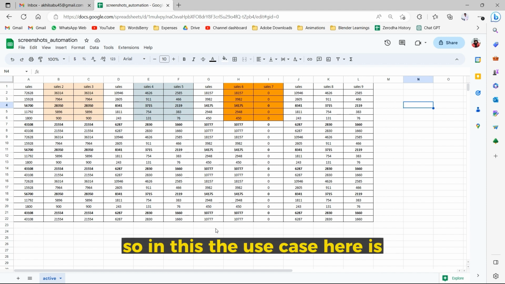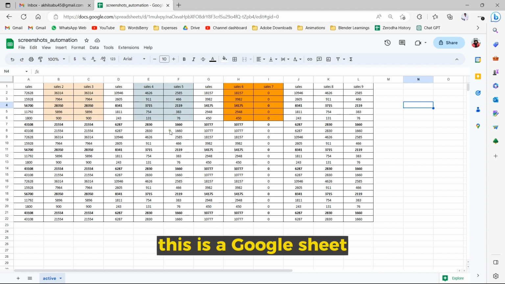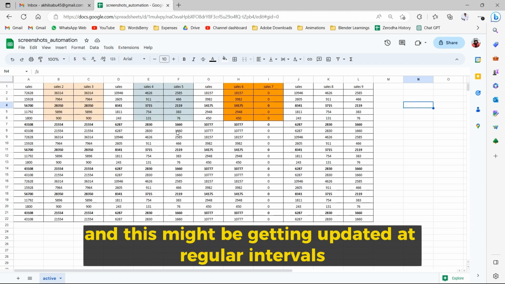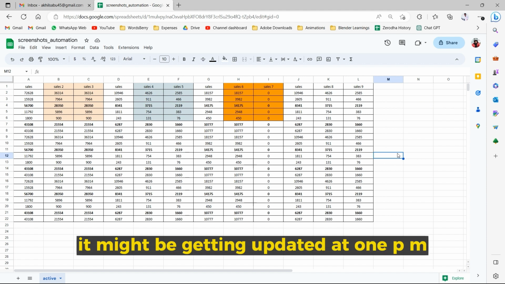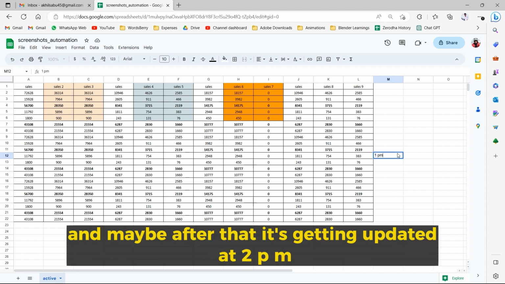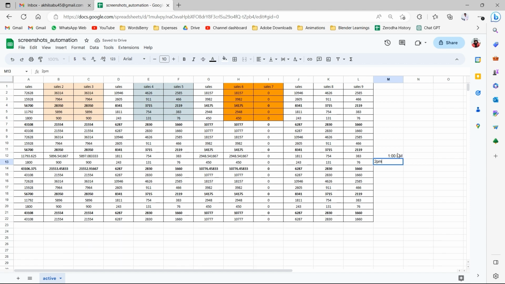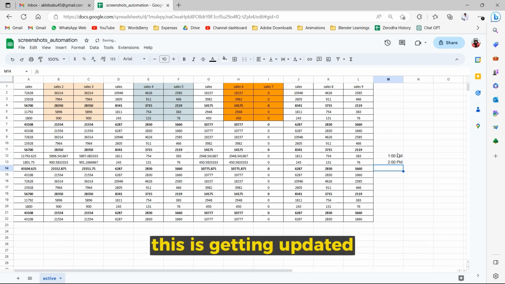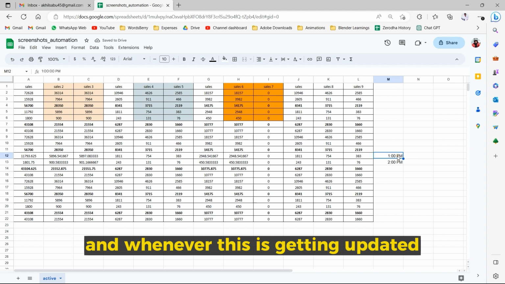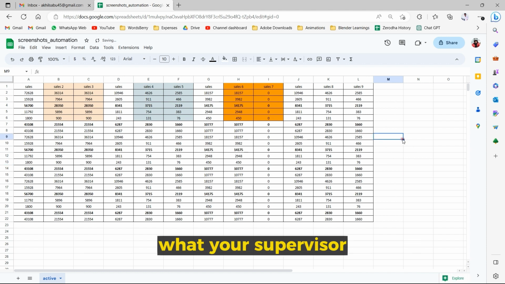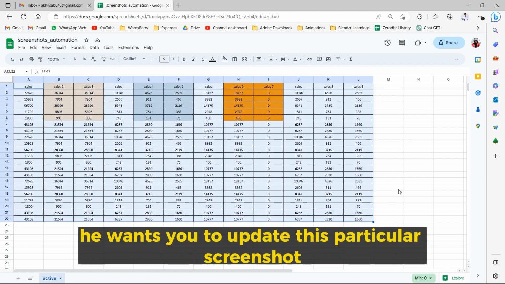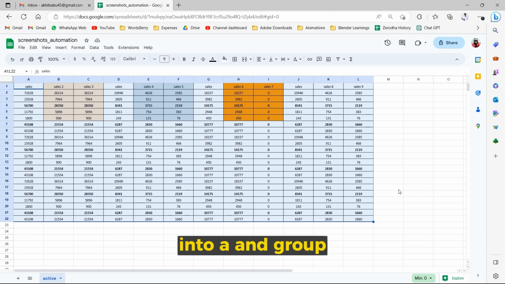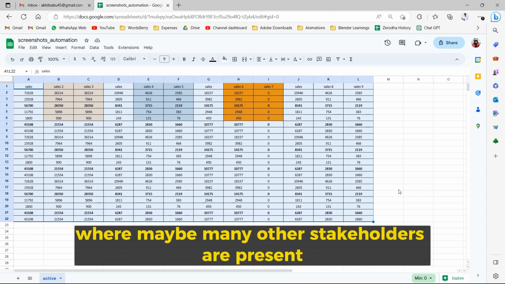So the use case here is this Google Sheet, which might be getting updated at regular intervals. Say, for example, it might be getting updated at 1 p.m. and after that at 2 p.m. On several fixed intervals of time, this is getting updated. And whenever it is updated, your supervisor might ask you to share a screenshot of this particular area,